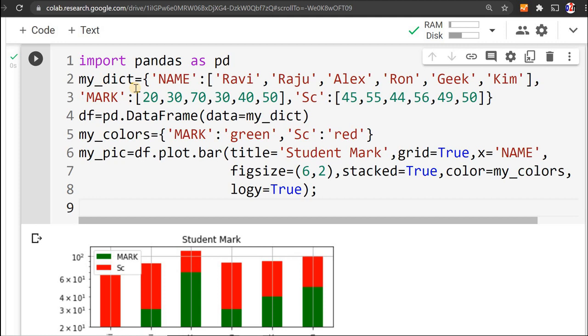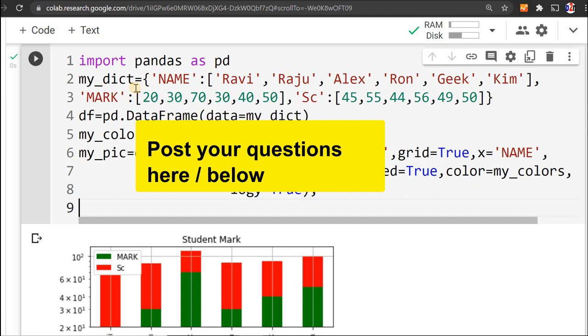So next we'll move to another type of graph. You can watch our previous videos on the line graph and how you have uploaded an Excel file and mounted it